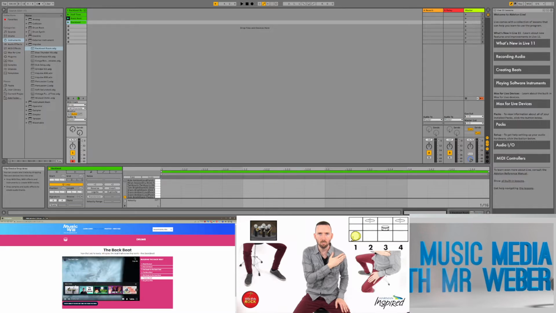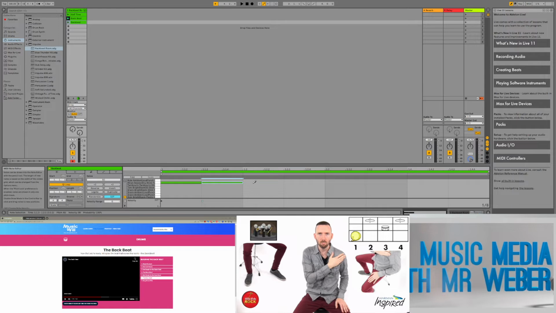you try and do the backbeat, you'll find your limb independence is really hard. You'll find it's hard to do the hi-hat, kick and snare independently. But if I just jump forward in this video, then hopefully you can just make out we actually need eighth notes or quavers. So we're actually going to change our grid for the backbeat into eighth notes. We have hi-hats on every single eighth note, and the way we count eighth notes is 1 and 2 and 3 and 4 and. So if I actually hit play there,